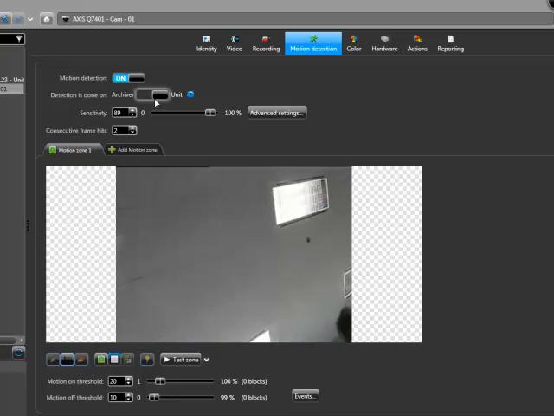Now remember, in order to set your own motion zones, you will have to be using archiver-based motion detection, as unit-based motion detection does not allow you to configure motion zones through our software. Use the zone creation tools on the bottom left in order to create your motion zones. Once done, click on Test Zone in order to see what kind of motion you can expect from within these